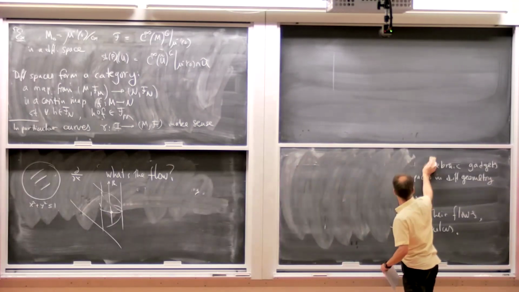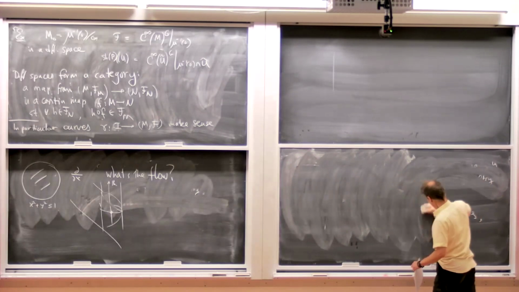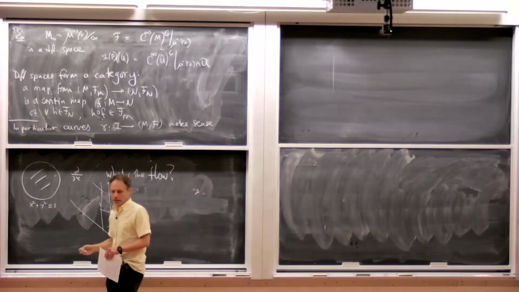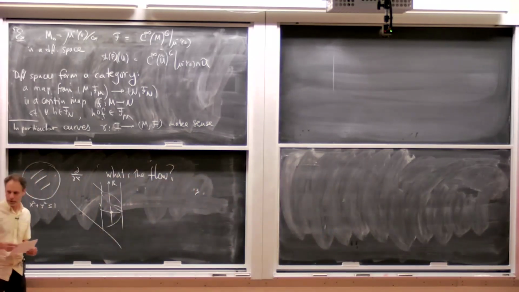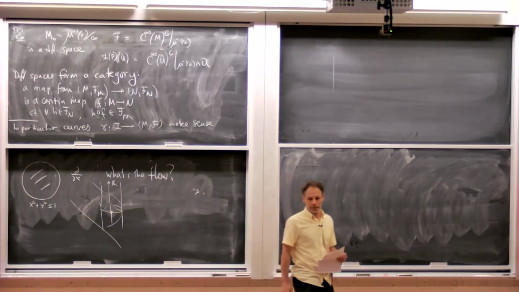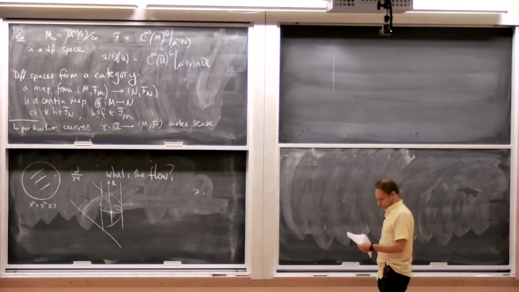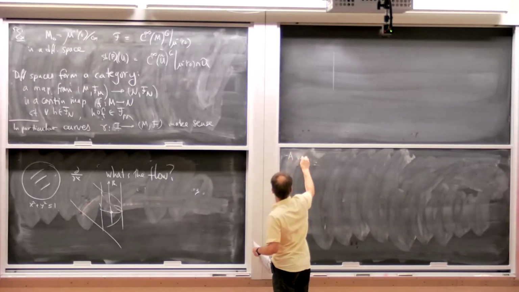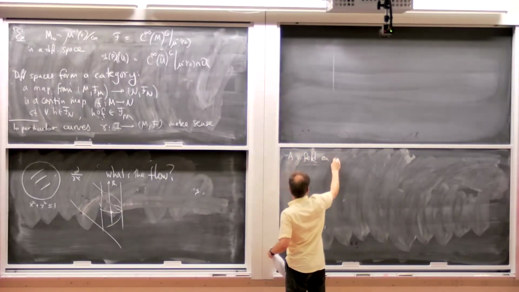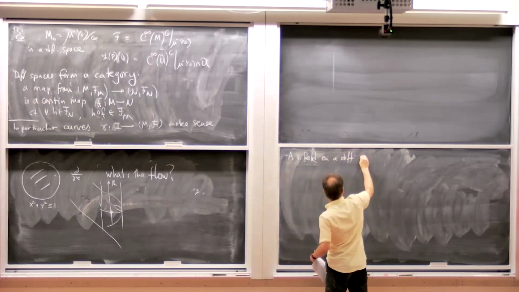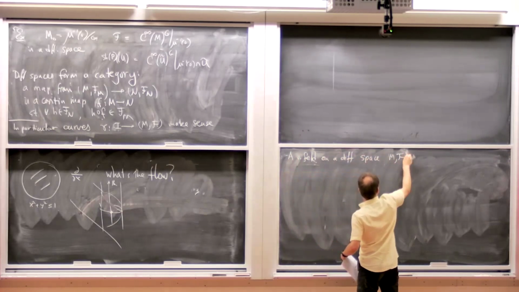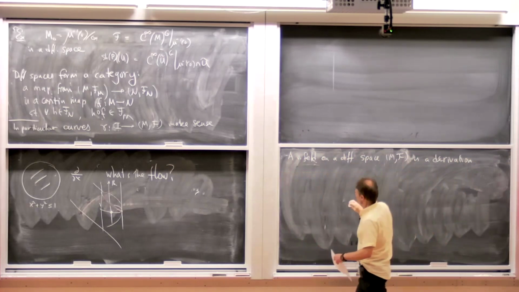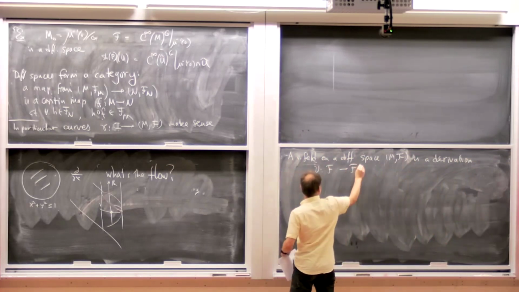So what's a vector field? You go through your pile of definitions of vector fields and manifolds. Tangent bundles, probably not going to work. Actually it does, but they're not going to be vector bundles. So a vector field on a differential space F is a derivation V from F to F.